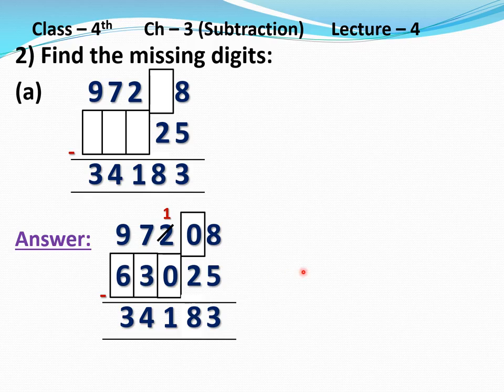Okay. I will again explain you this question. See, 8 minus 5, 3. Now see, 2. Here it is written and here 8 is written. See, 2 plus 8, 10. So write here 0 and we will subtract here from this 1. See, 2 minus 1, that is 1. So write here 1. Now in this 1 what we will subtract, that answer is 1. We will write here 0. In this 7 what we will subtract, that answer is 4. Write 3 here. Now in this 9 what we will subtract, that answer is 3. Write 6 here. Clear?